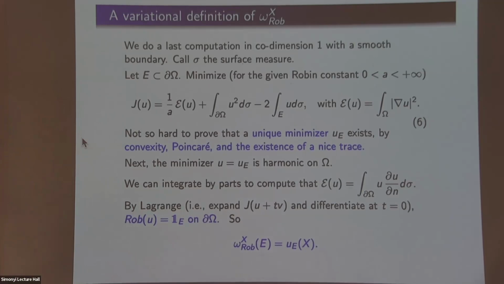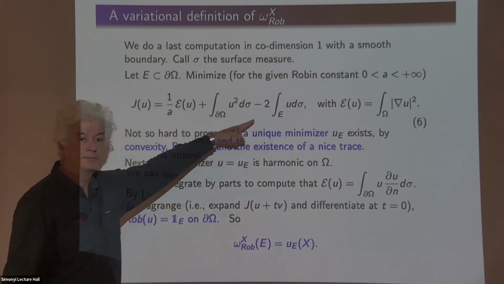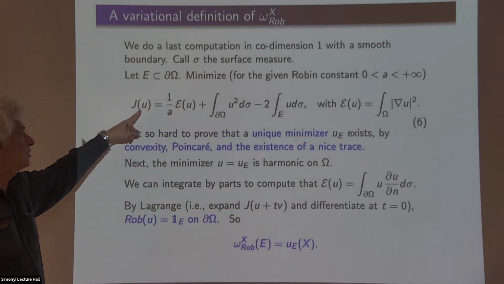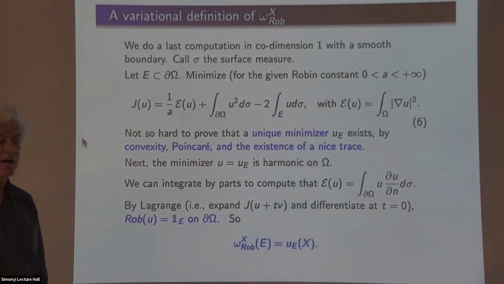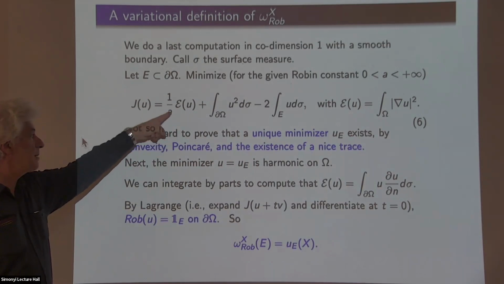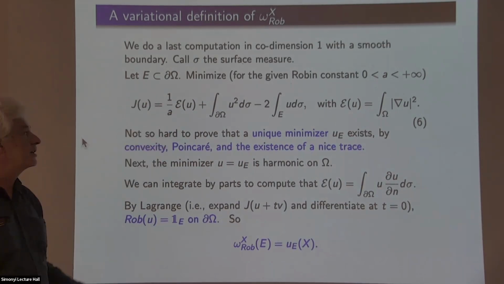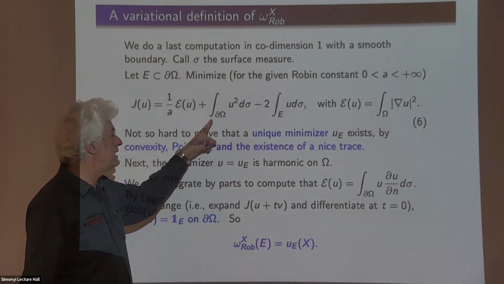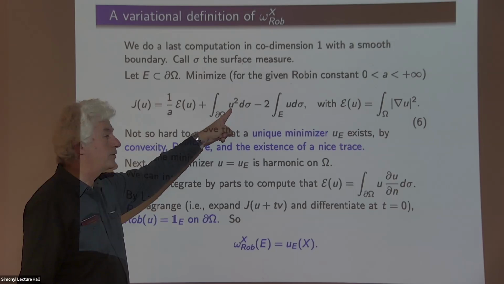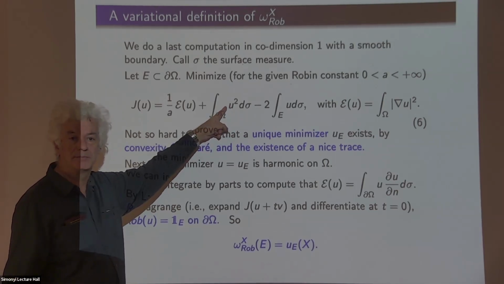Okay. So this is mostly for my fun, because my co-authors tend not to like minimizing functionals as much as I do. So here is a way to try to present a harmonic measure in a variational way. Let's imagine that you have the Laplacian or your symmetric operator. Let me write down a functional for some function u. The functional is the usual energy, so the integral of |grad u| squared on the domain, which is the first term. And you multiply by 1 over a, a is your coefficient, so that you normalize things correctly. And then there is another penalty, which is the integral of the square of u on the surface.